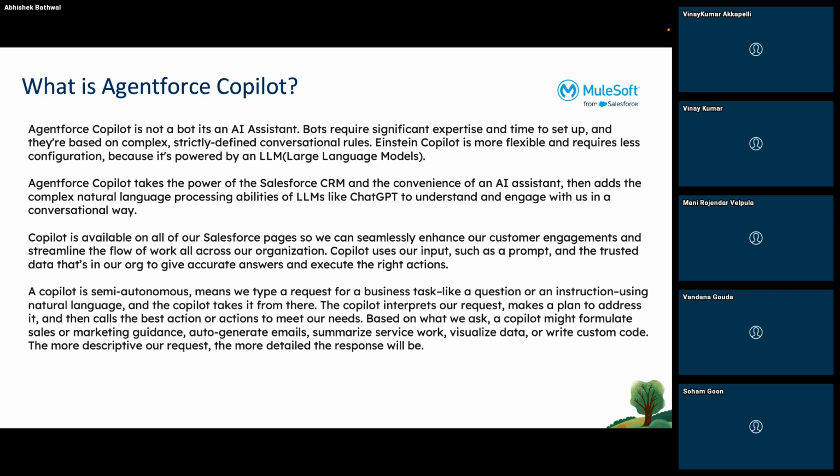Okay, it's available for all your Salesforce pages. It is semi-automated, meaning we type a request for a business task, like a question or instruction, using natural language, and the Copilot takes it from there. And it is conversational. It's not like you ask one question and it just gives one answer, and you cannot have a conversation with it. You can do that. You can create a report, you can connect MuleSoft, you can connect any other setups. It mostly interacts with Data Cloud, where Data Cloud gets all the data, and you can have your summaries